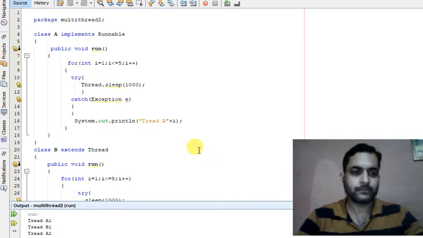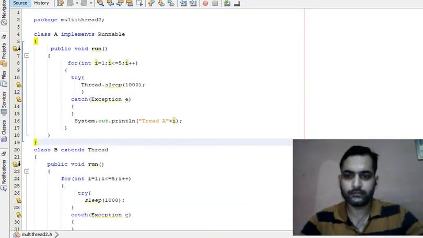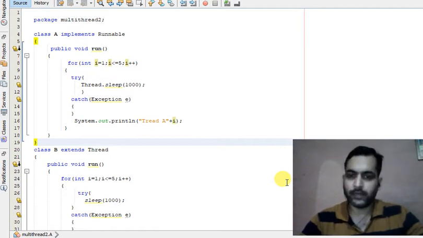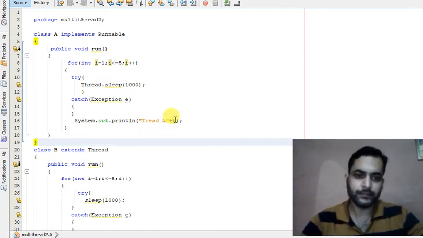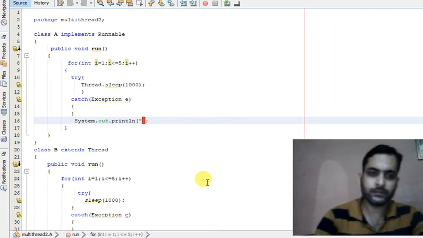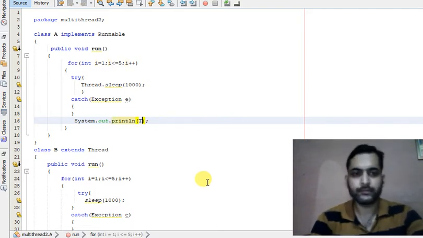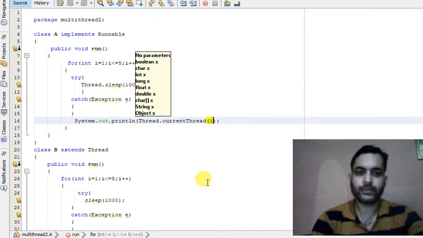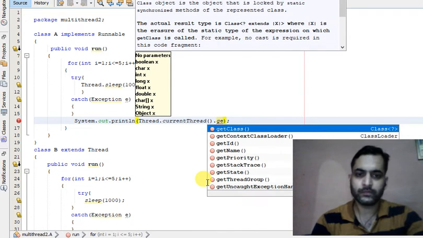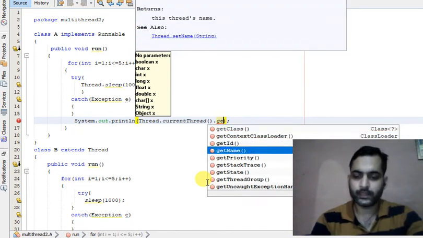Okay, each thread we create has some default name. Let us try to print that name. We can print the name of the thread by using Thread.currentThread().getName().